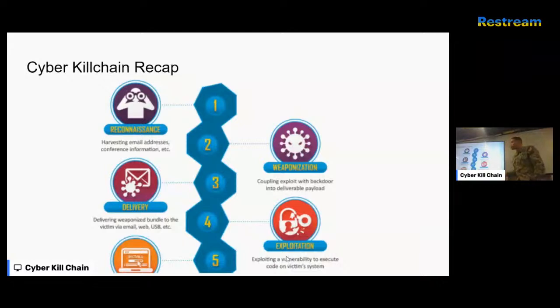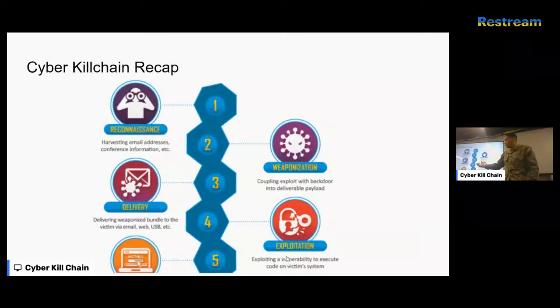So for the recap, first part of the Killchain, reconnaissance. Next part, weaponization, delivery, exploitation, right? So reconnaissance, it's like harvesting email addresses, conference information, finding out the basic information about them. This is like our open source intelligence, things like that. Weaponization, that's coupling the exploits with the backdoor. So that's the part that the CWE zone. That's where we start writing our implants, start writing exploits, things like that.